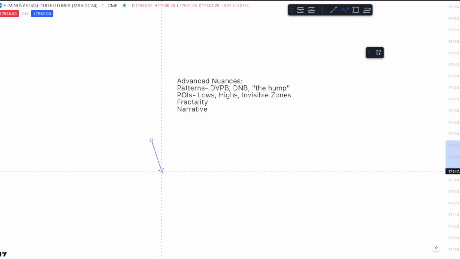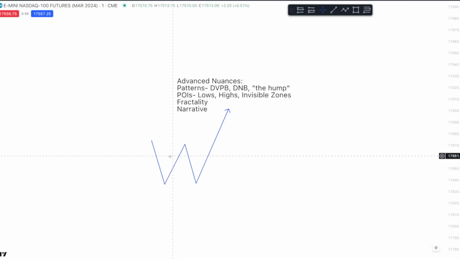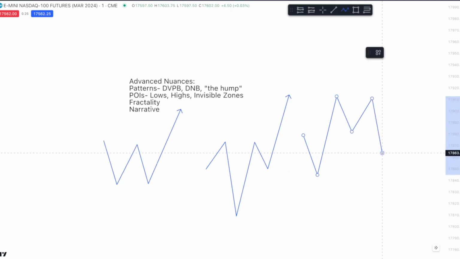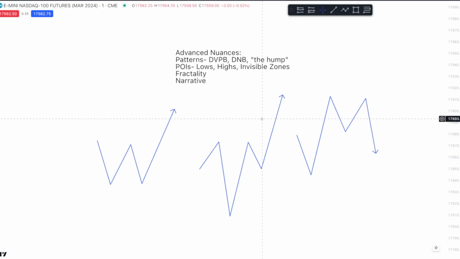First, let's make some basic diagrams of the patterns that we know. We have our standard double valid pullback, we have our DNB, and we have the hump. I'm sure I've touched on these a little bit in the previous videos, but we're going to go over the context of where you want to see these, where it fits into the narrative,